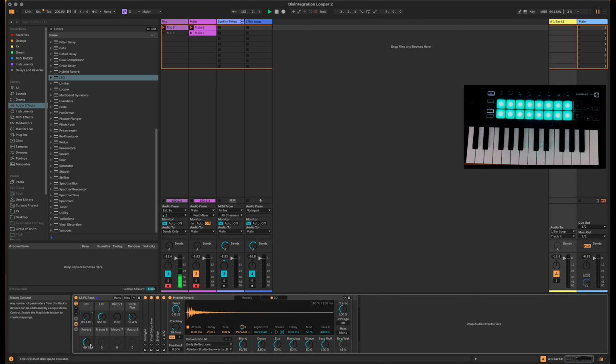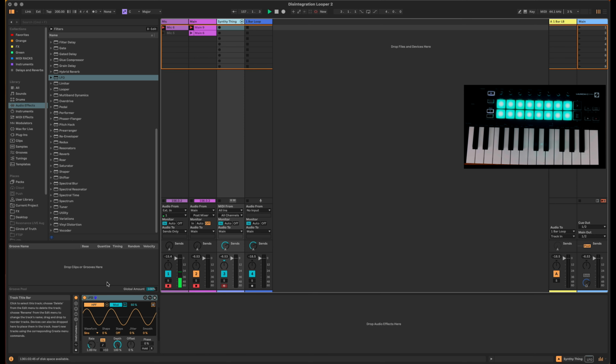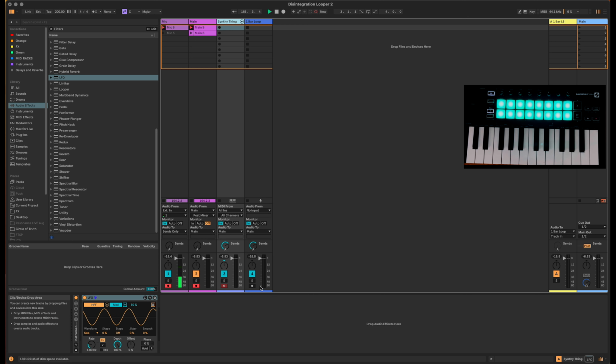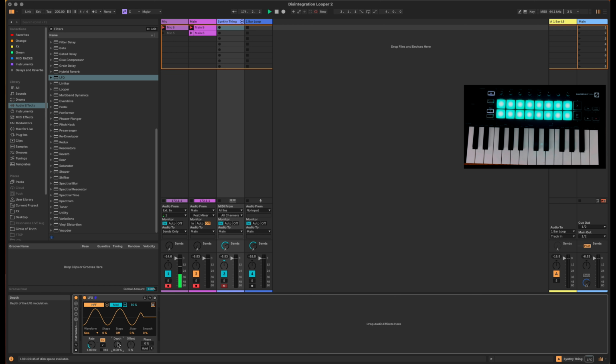I can hit this, and we can see that this parameter is now being controlled by this LFO. Now, obviously, we probably don't just want it doing this kind of filter sweep. It's not particularly useful to us. So how can we make this a discrete volume? How do I make it so that it's not LFOing, but that it is just a volume that I can use to control something? Well, we can turn the depth down to 0, and now we have an offset here,